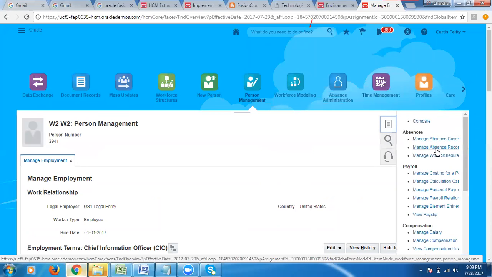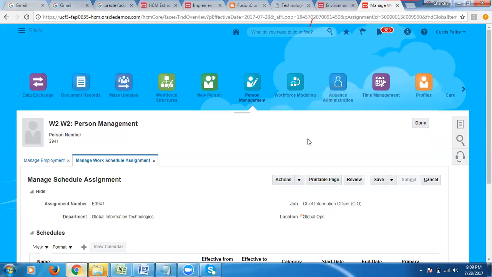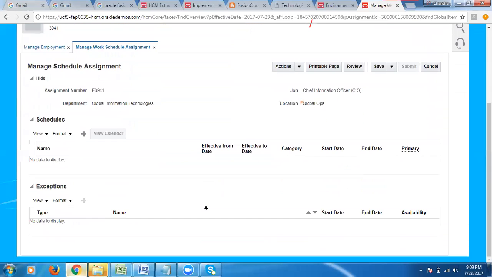Now here, manage work schedule. Here is the option manage work schedule. It will be configured. Okay, so here we are going to define the work schedules and work exceptions.